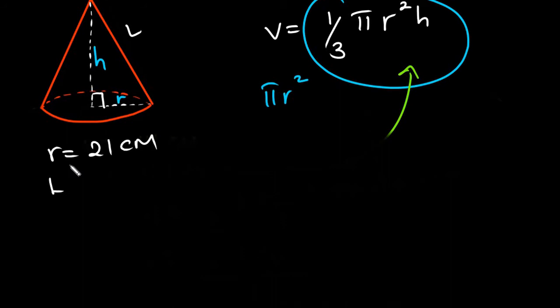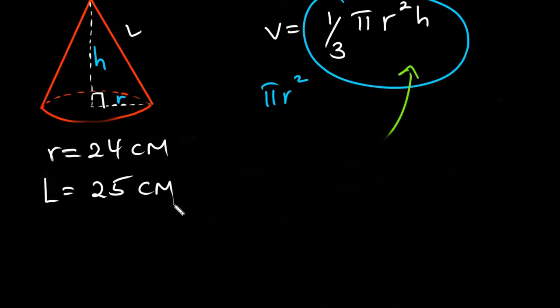okay, let me use a different figure. Let's use the radius as 24 centimeters instead of 21. So let's have the radius as 24 centimeters, and the length as 25 centimeters. You may find such a question, so you are required to use this formula, but when you look at it, you need the value of h, which is not provided. So we have to use another way of finding the value of h, and that is using the Pythagoras Theorem,